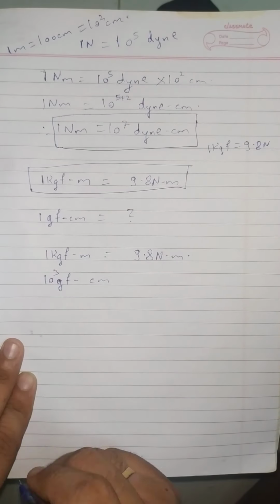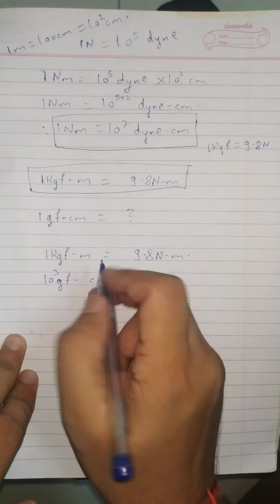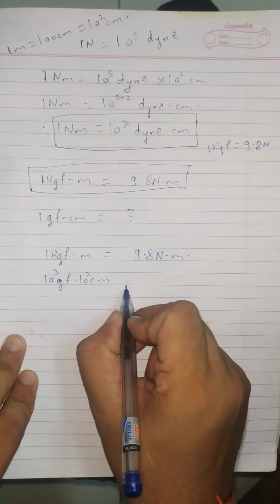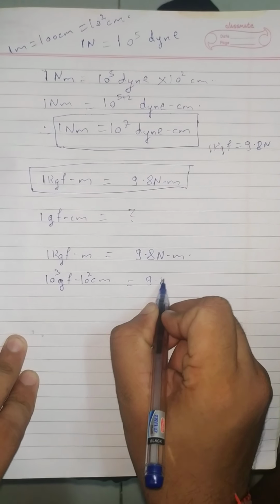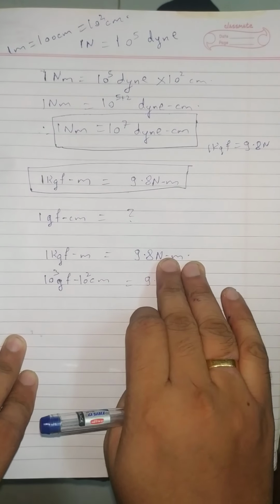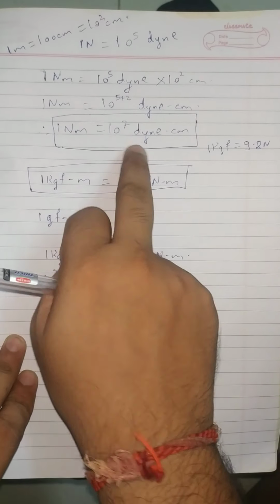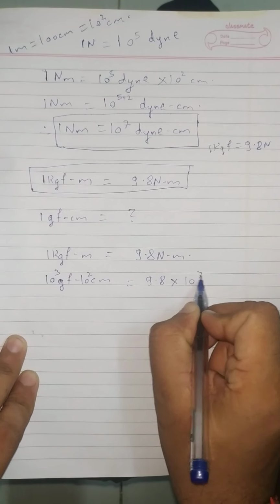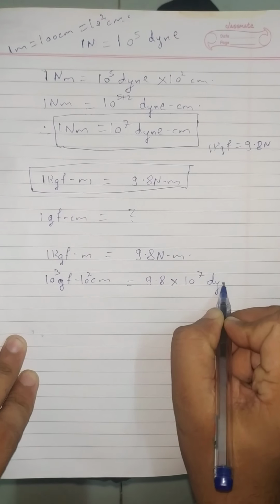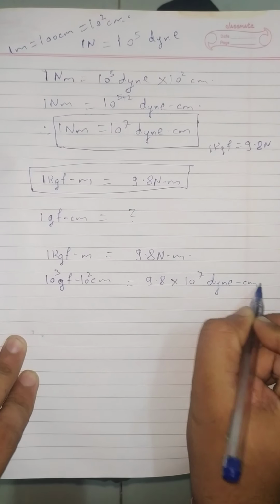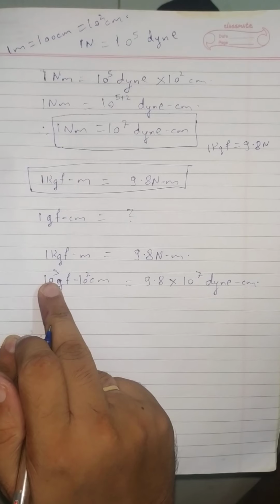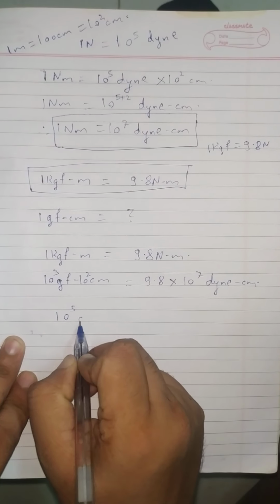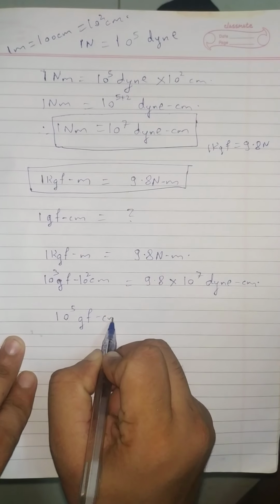And 1 meter consists of 100 centimeter, that is 10 raised to 2 centimeter. Okay, so here I will write 9.8, and 1 Newton meter, I know that it consists of 10 raised to 7 dyne centimeter. So instead of Newton meter, I will write 10 raised to 7 dyne centimeter. Okay, so 10 raised to 3 times 10 raised to 2 is 10 raised to 5 gram force centimeter,